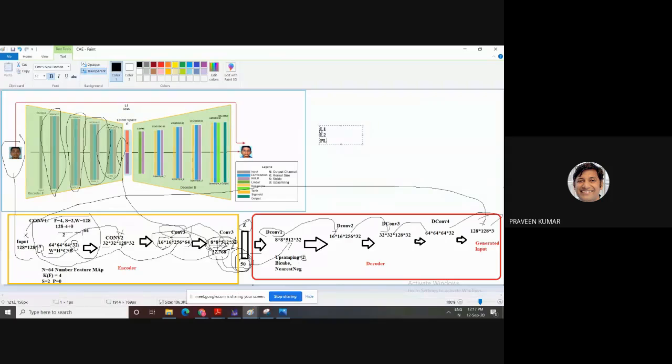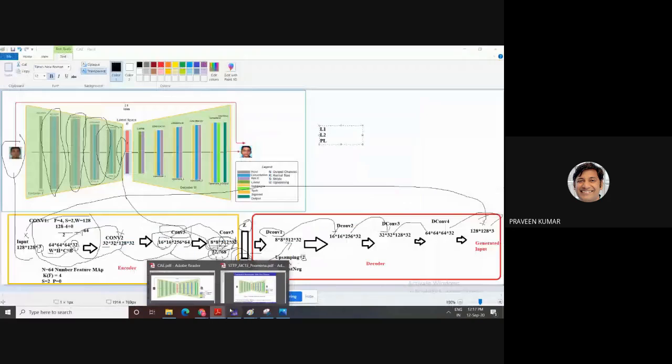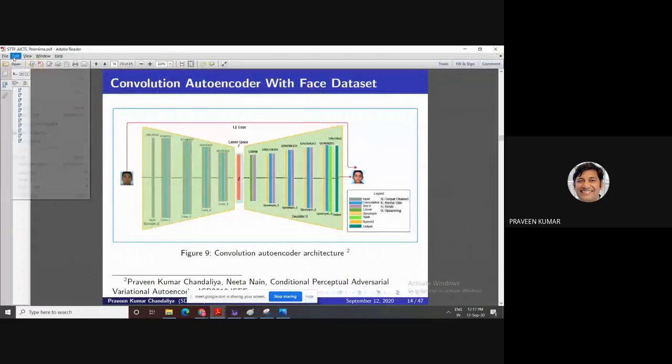So the main parts are the encoder, where we go for convolution and generate the latent vector. After latent vector generation, we can generate the output with the help of the decoder. Then we apply the neural network back propagation loss functions L1 and L2.